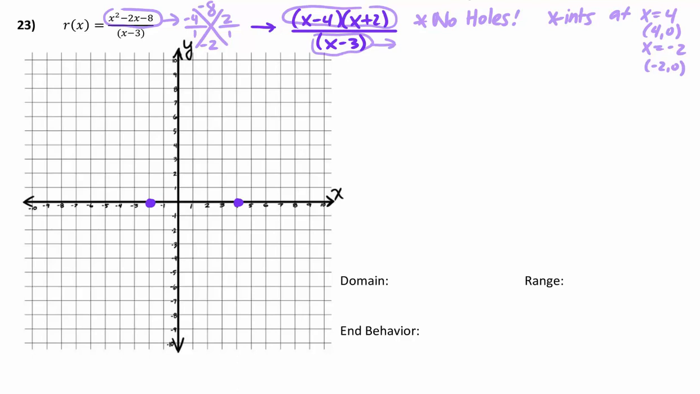Then the third item that I like to look for is vertical asymptotes. The bottom of our fraction determines those, and so I'm going to have a vertical asymptote at x equals 3. That is a restriction that I would not want to use. That would be dividing by 0 on the bottom. So here we go. After I get my asymptote drawn in on the graph,